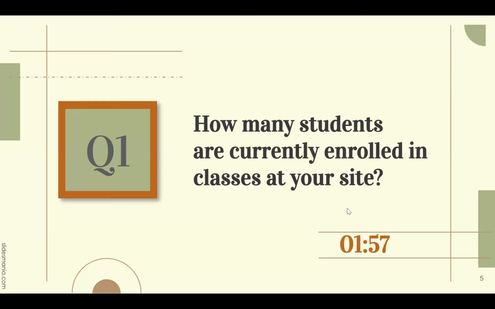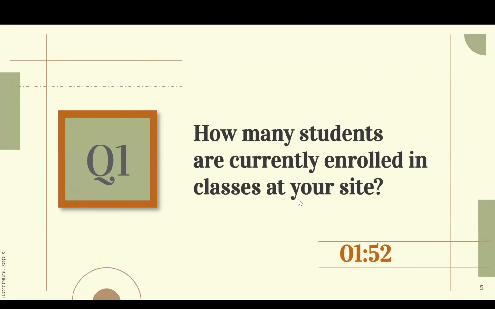Okay, I'm going to set the timer for, it actually already started, for 2 minutes. I'm going to let you go off. And notice I said currently enrolled. So how many students are currently enrolled? And remember, enrolled at your site means they are currently scheduled into a class. So why don't you go ahead, run off, look at another tab, log into SiD, and come back and chat in your answer for how many students are currently enrolled in your program.